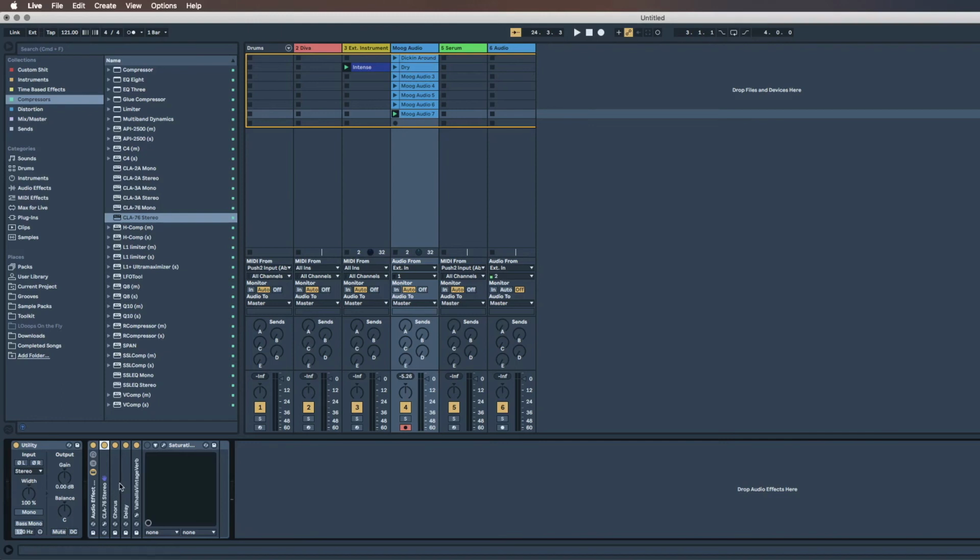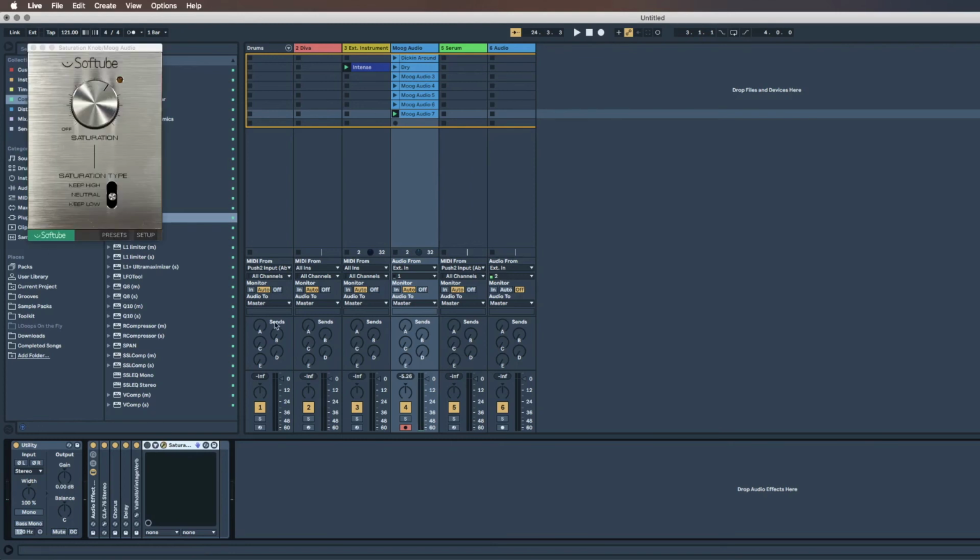We then have a chorus to expand the mono synth sound, give it a little bit more space. Further doing that with delay and reverb, so now it's really wet, it's out there. Last on this chain would be to add some saturation to give it a little bit of crunch. Ableton Saturator is fantastic, has a ton of different controls. If you really want to get well into designing a specific saturation sound,